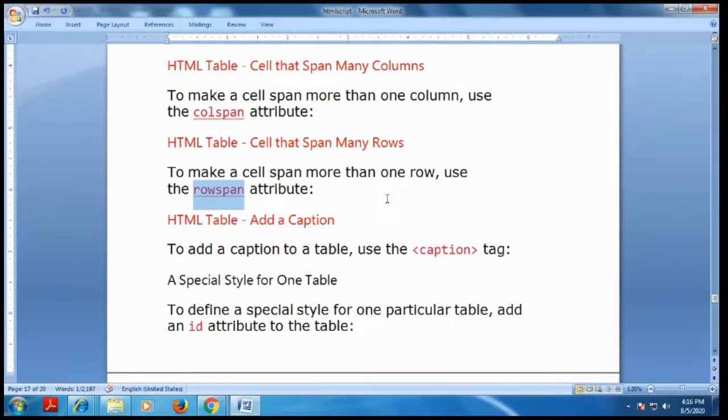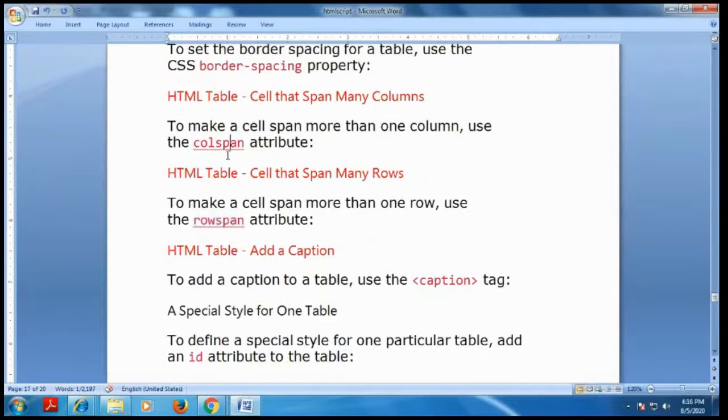You merge rows or merge columns. Row span is used to merge two rows, and column span is used to merge two columns.